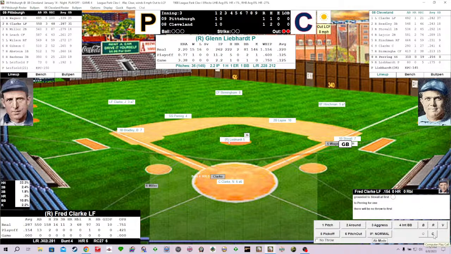sacrificed his last time up. Liebhart checks Wagner at first, the throw over, and Wagner back in plenty of time. Catcher Clark sets up as Fred Clark in the box. We have 3 Clarks in the game. Liebhart deals the 0-2 delivery. Fastball. This one gets by Nick Clark, and Hannes Wagner on the wild pitch will move to second.